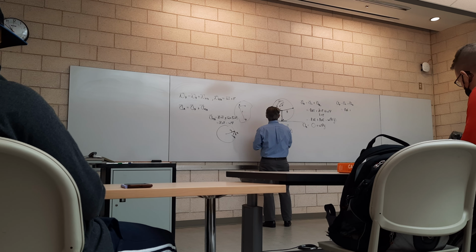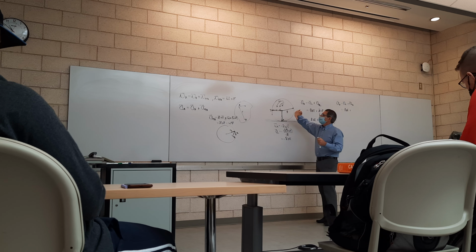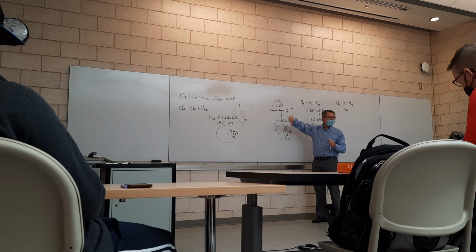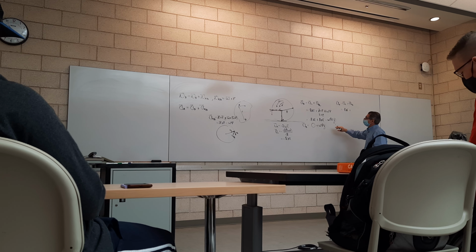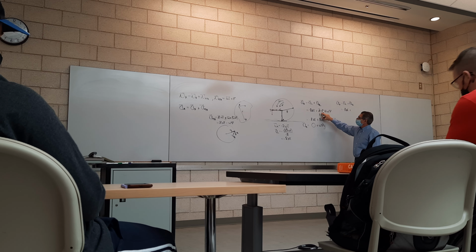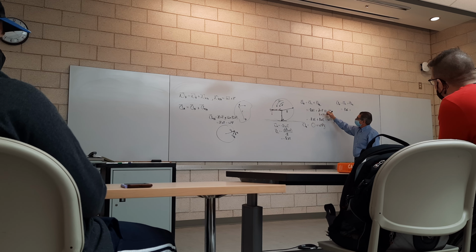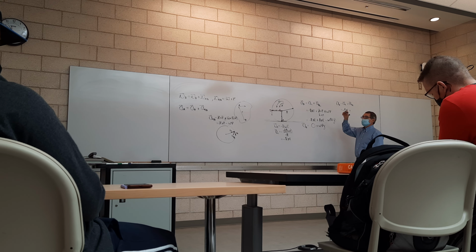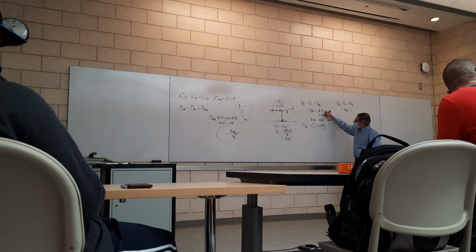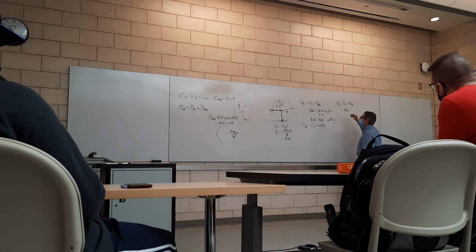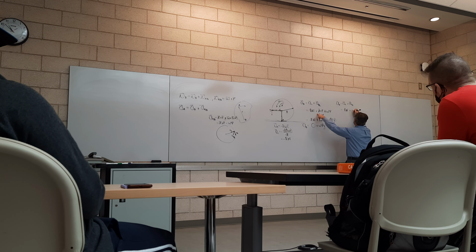So R is in this direction. So if we're coming out of the board and we curl our fingers in the direction of R, our thumb's pointing down. That's our tangential. So it's going to be in the negative J direction. Okay? Or alpha is K, and R is a negative I in this case. K cross I would be J, but we've got a negative, because R is a negative I. That's going to give us a negative J. So again, that's going to give us R